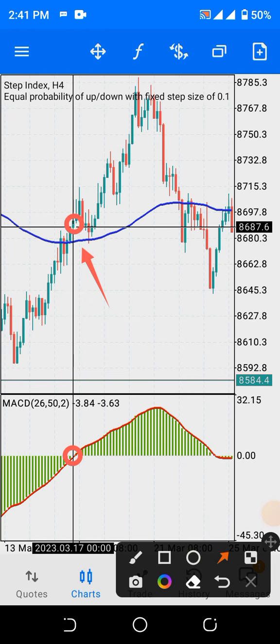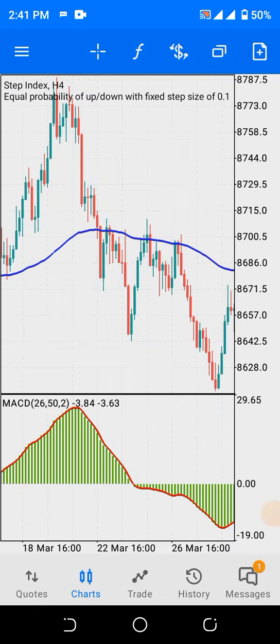Now, once the correction occurs, the next thing for your entry is where the market retraces back to the moving average, as you can see. So the point where the retracement occurs, look at where the candle touches the moving average, and that is where you need to make your buy entry, and this is a huge profit. Have you seen it? As easy as that. All right, now let's proceed.